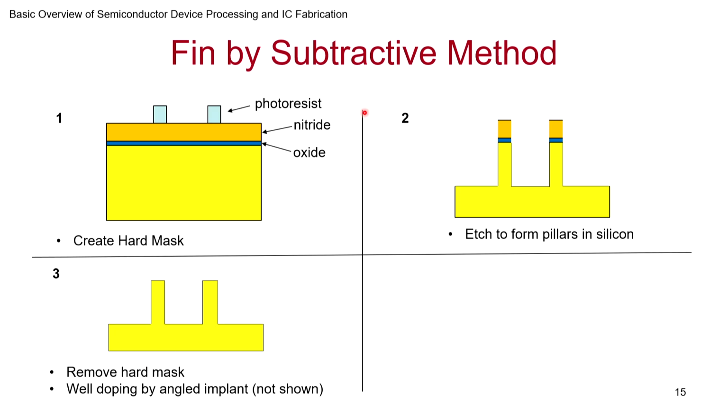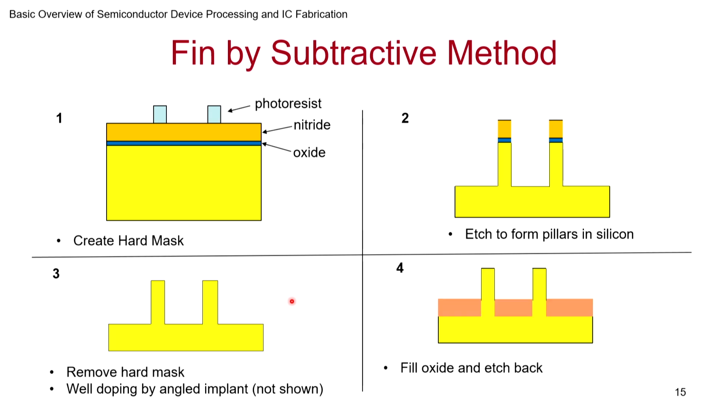In this state, remember, this is going perpendicular to this. Fins are structures which are coming out of the plane and going into the plane, right? They are vertical in direction. Now if you want to dope this well, what I do is I dope it now. I can dope it at an angle so that this region gets doped, and especially the bottom of this gets doped. So this is where you want to make sure the distance is properly controlled. I have not shown the doping and all that. I just wanted to show how the fin is made.